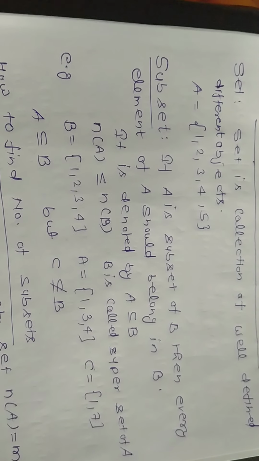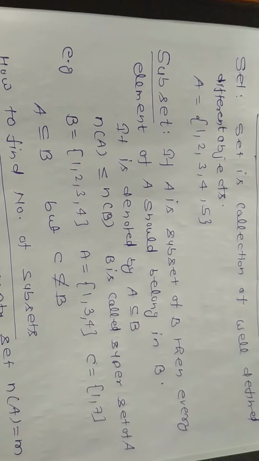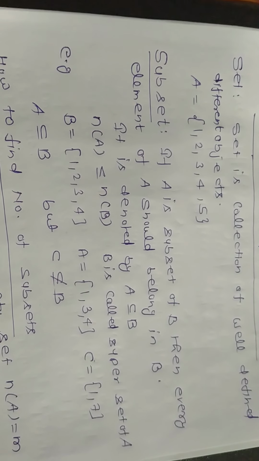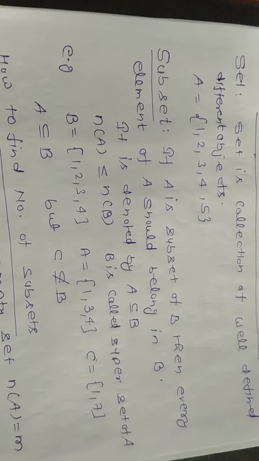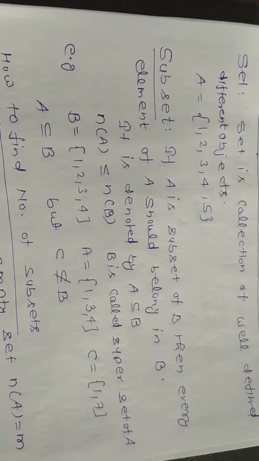मतलब जो सबसेट्स होते हैं उसमें पाए जाने वाले एलिमेंट सेट बी में पाए जाने वाले एलिमेंट से हमेशा कम होंगे, इसके इक्वल भी हो सकते हैं। इफ़ ए सबसेट ऑफ बी देन बी इज कॉल्ड सुपर सेट ऑफ ए।